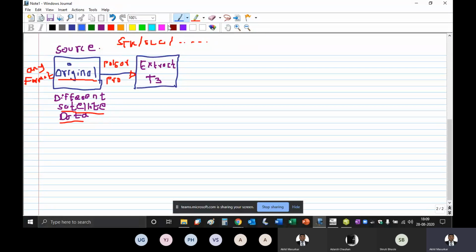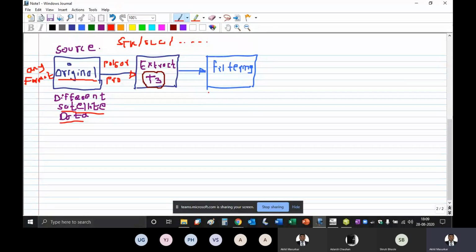This T3 is something that we use, so this is very important. This T3 only we use in the next step, which is the filter. If you can recall, in filtering we have used many filtering techniques.